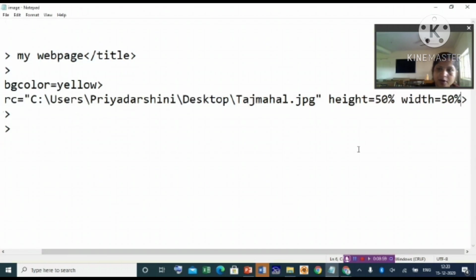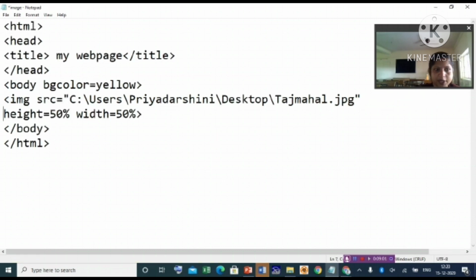Another one is your alt message. Here you can give your alt message. It is applicable when the picture is not uploaded. At that time, the message you can see, suppose, image not found. But if the image is inserted, the browser will upload it, and then this message will not be displayed. So just you can give like this.